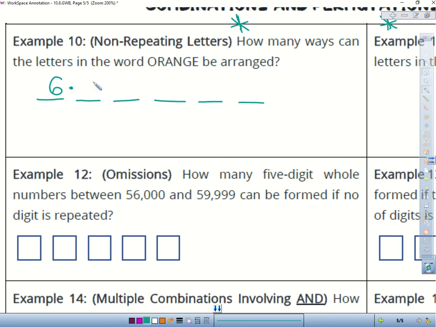For the second slot, you have how many choices? 5, because you already used a choice. Now you use 2, so you have 4. Now you use 3, so you have 3 left. Now you use 4 choices, so you have 2 letters left. And now you have whatever letter is left. So isn't that the same thing as 6